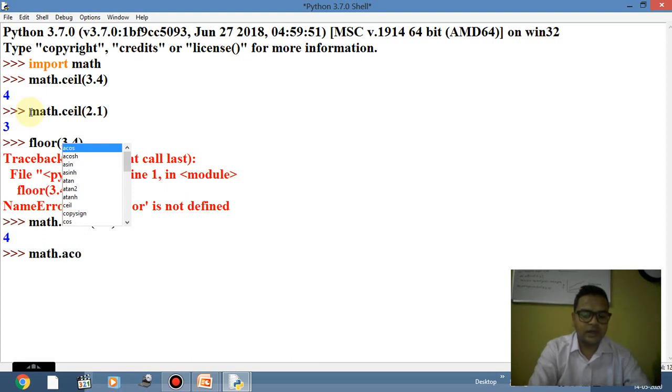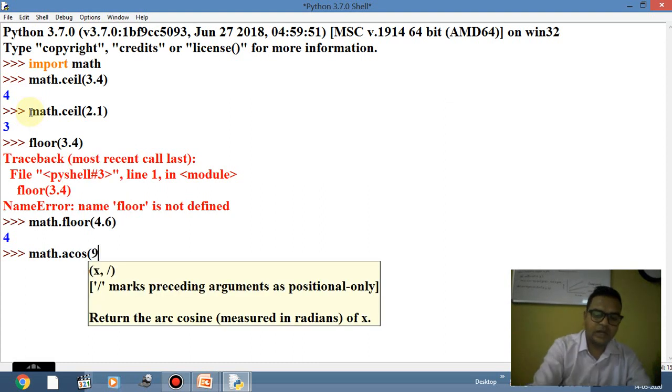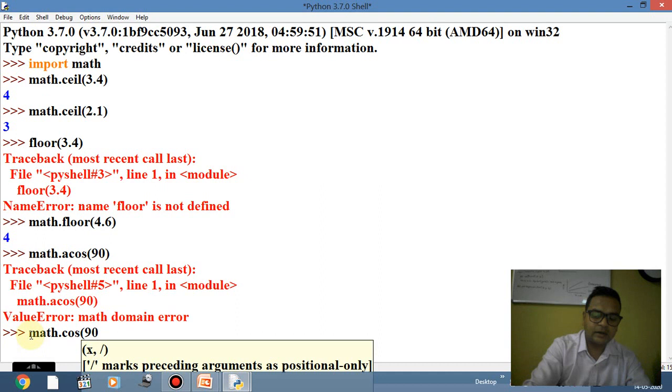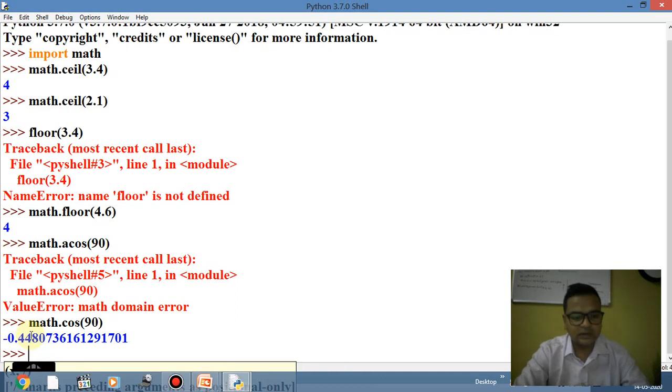Same as if I want to know what the cos inverse value of anything, 90. So acos का मतलब होता है cos inverse. तो cos inverse of 90 will be what? That is giving some domain error. Why? Because maybe cos 90 with the inverse value doesn't exist. But if I'm going to use math dot cos and here I'm passing the number like 90, so it will have some value because that already we have studied कि इसकी एक value होती है. Clear? And that is actually 1/2 शायद.